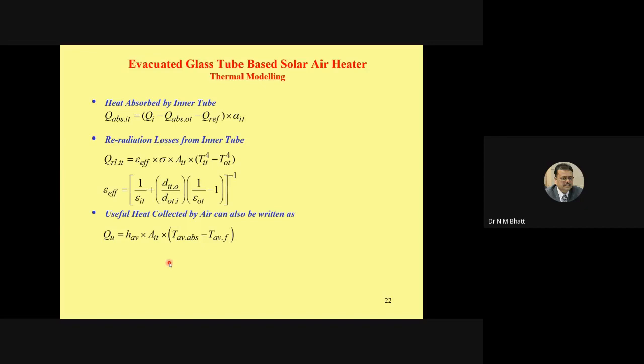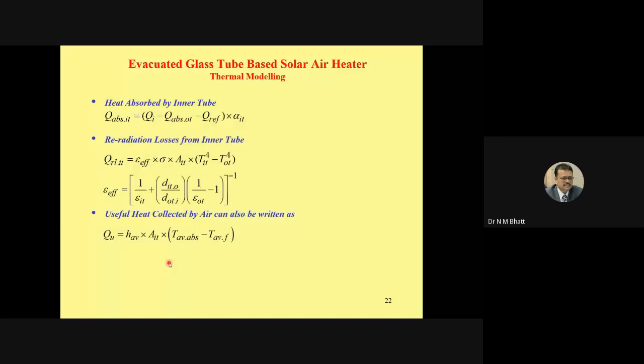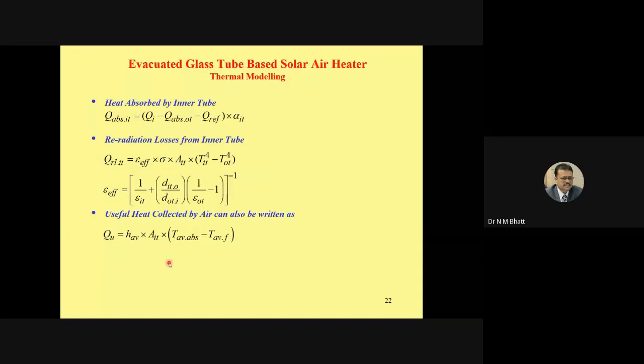Now, please understand, it is only 7 plus 4, only 11 equations. But remember one thing, to get the value of various quantities of these 11 equations, you may have to work out so many equations. This is a very simplified version I have told you. Otherwise, as I mentioned earlier, this heat transfer model explanation itself may take 2 hours.